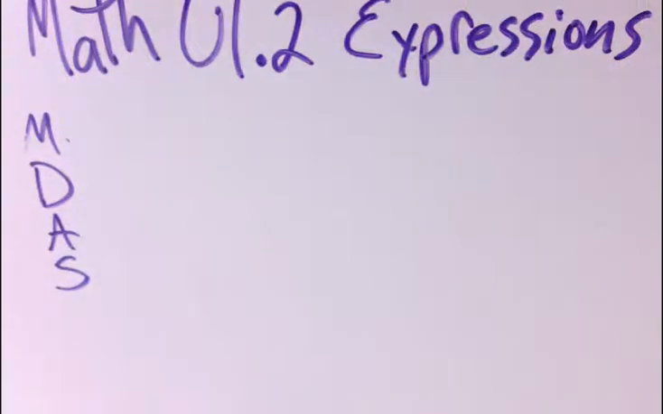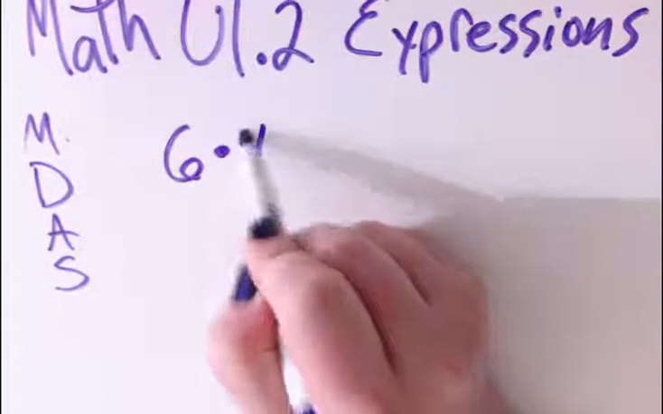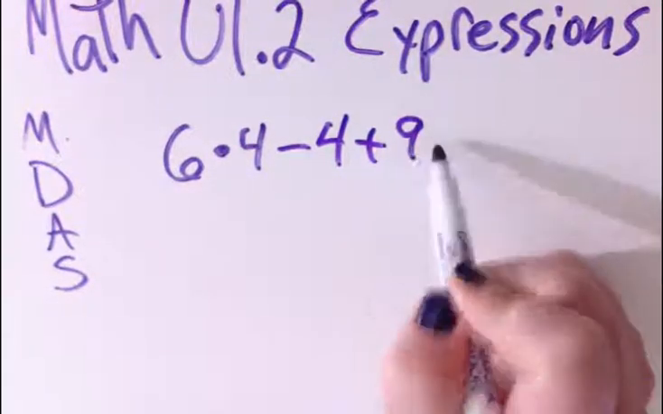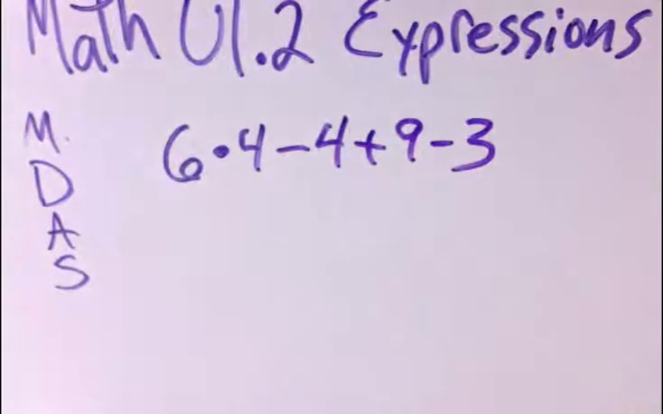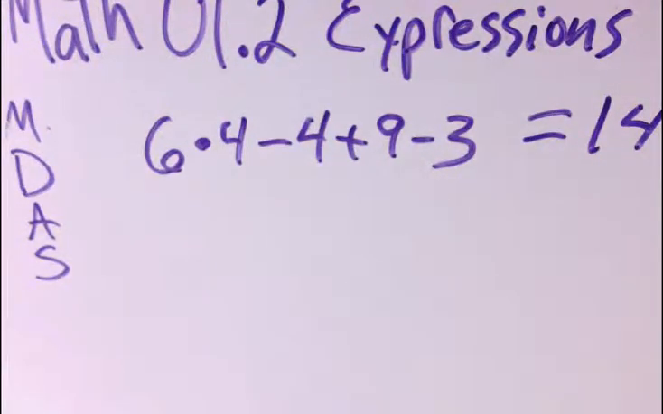So you may also be asked to put in parentheses and brackets to get an equation to equal a certain thing. So if I have 6 times 4 minus 4 plus 9 minus 3. And we're told that we want it to equal 14. So we have to figure out how we can put brackets and parentheses in there to make it equal that 14. So if we just look and just do the order of operations here,